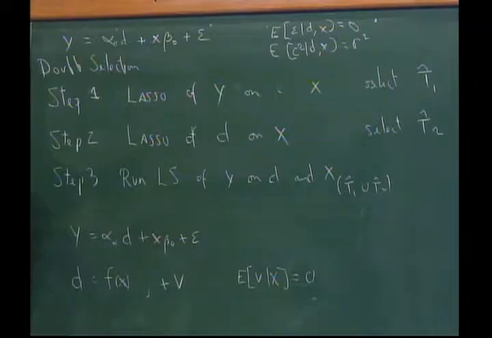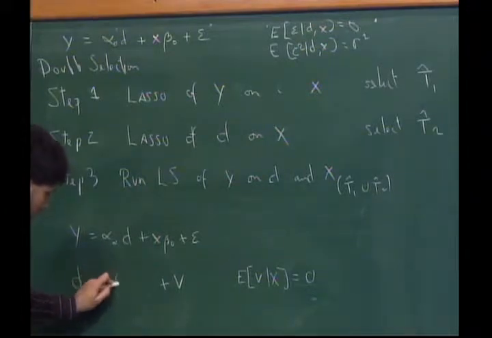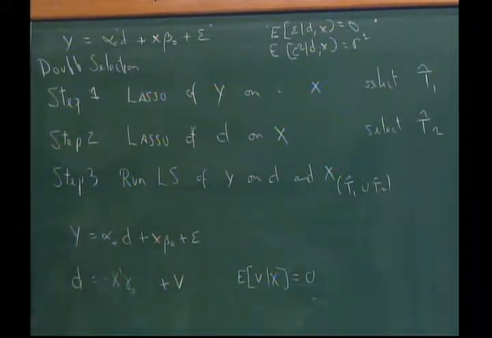So let me make one assumption here, which is not really damaging. I could always add approximation errors. Let's assume that this function is actually x times some gamma naught, just for simplicity, a linear combination. I could have more controls, but this equation is accounting for the correlation between d and x, which is potentially what can introduce bias. And that's what this is trying to pick up.